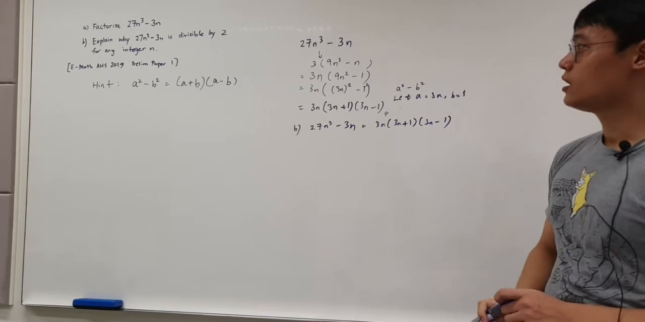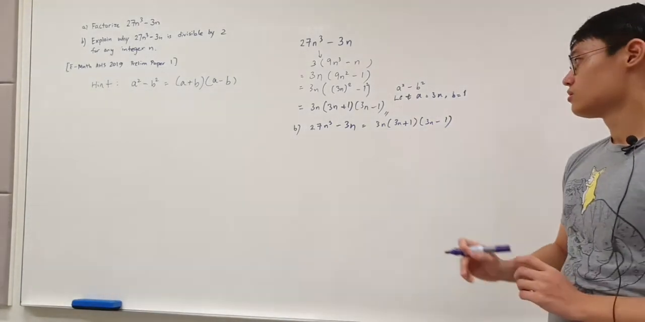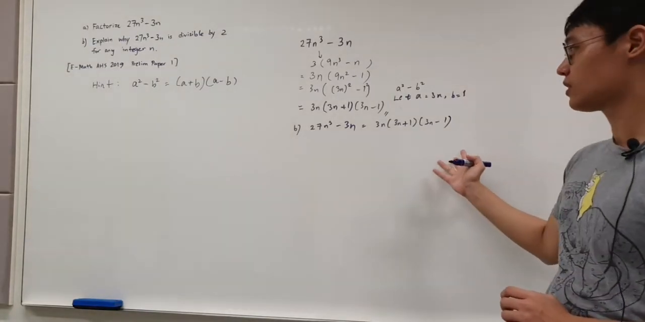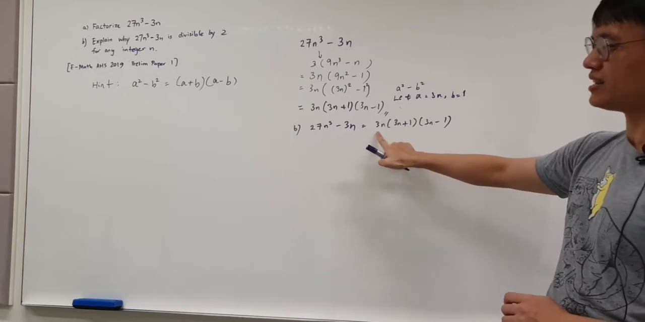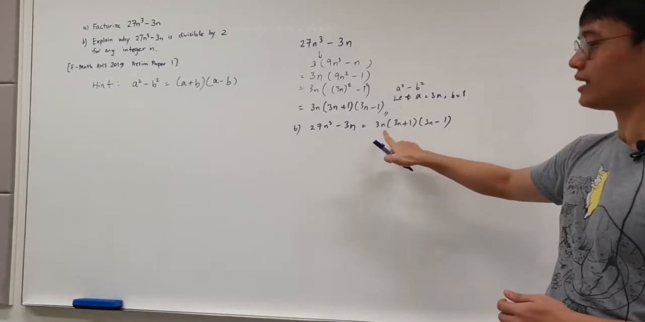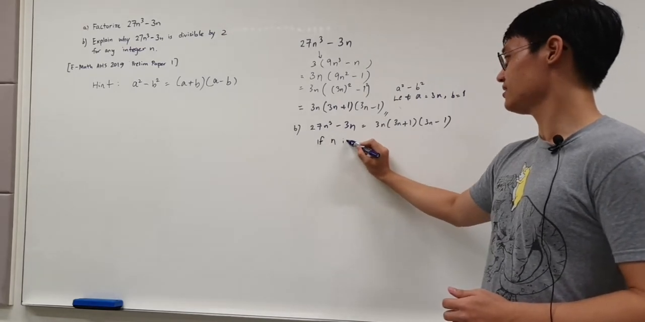Okay, so we want to show that this is divisible by 2. How do we show this? There's nothing that says, oh, this is divisible by 2. So 3n may not be divisible by 2. It depends on what n is. So suppose n is even,